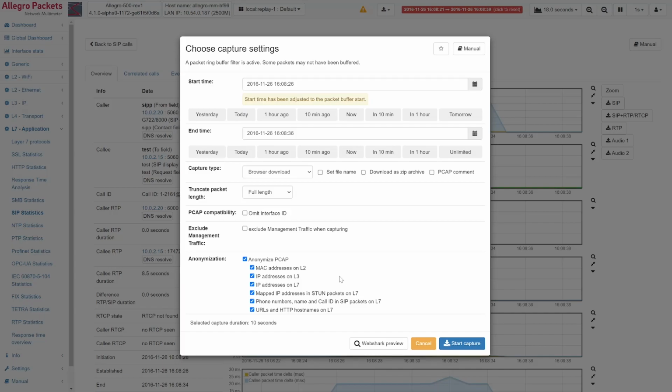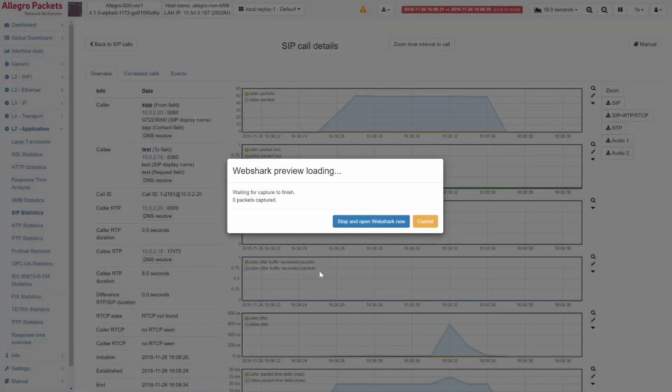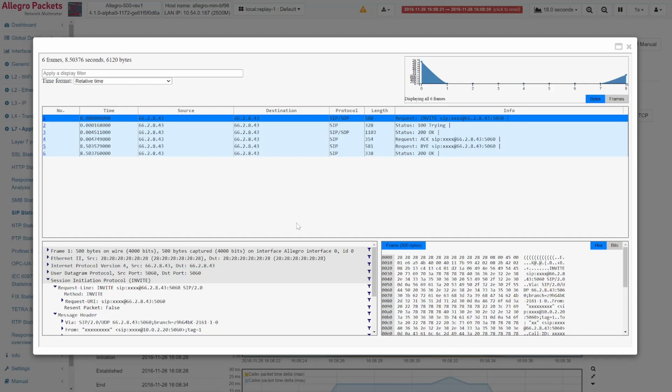In my example here, I just anonymize the MAC addresses, the IP addresses on layer 3, but also on layer 7. So whenever there's a string with the IP address, it's replaced. Then we replace the IP addresses on STUN, and we override the phone numbers, a name and call ID in SIP packets. So if we look now at the example, we see the same call, but the IP addresses are